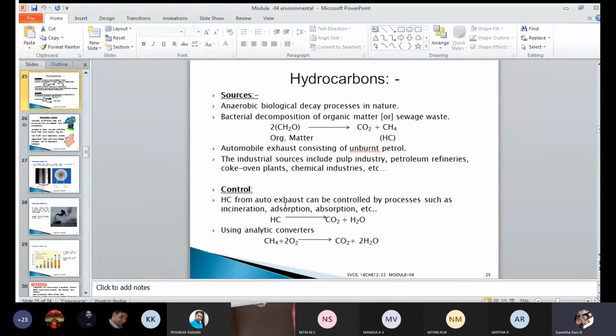Once these hydrocarbons are liberated, by any of these methods they can be converted to carbon dioxide and water using catalytic converters, any catalyst or catalytic converters. Methane, which is nothing but a hydrocarbon, in the presence of oxygen can be converted to carbon dioxide and water. So this is one way of